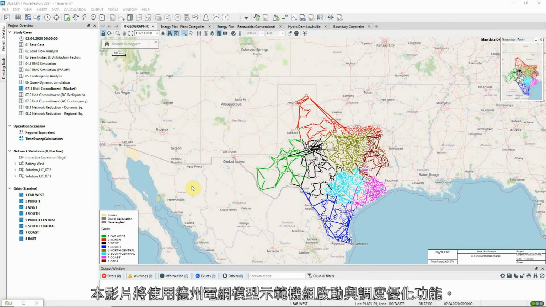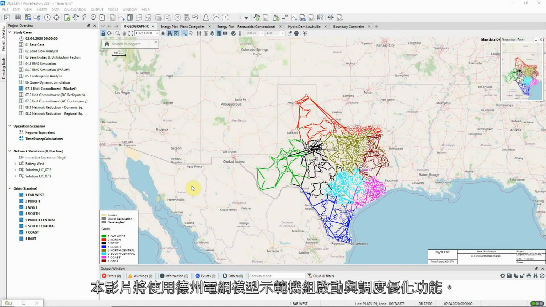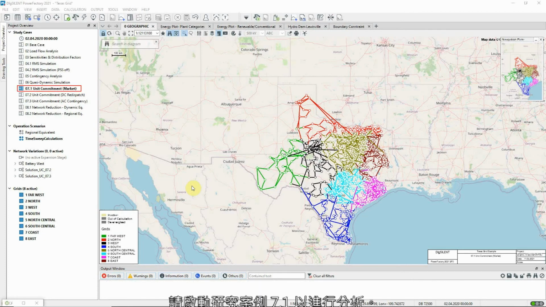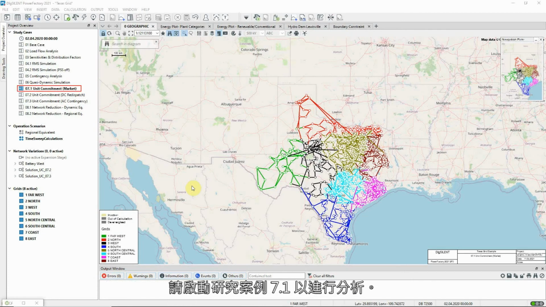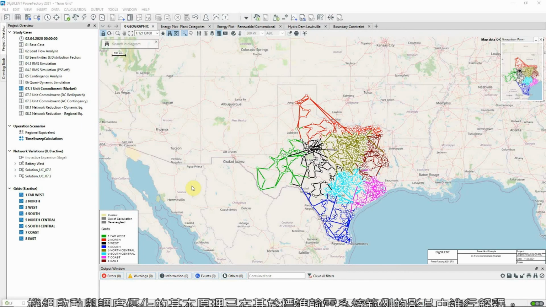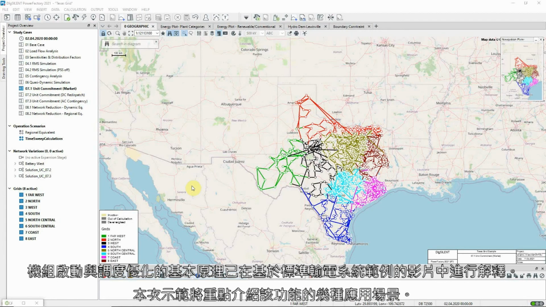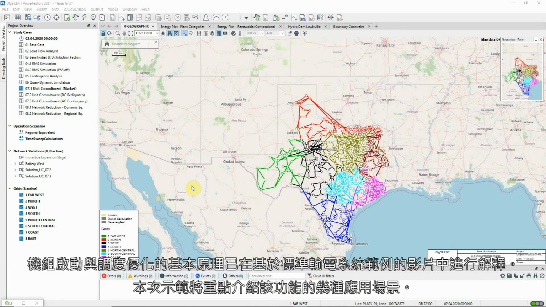In this video, the unit commitment and dispatch optimization function is demonstrated using the Texas grid model. Study case 7.1 should be activated. The basic principles of unit commitment and dispatch optimization are explained in a video based on the standard transmission system